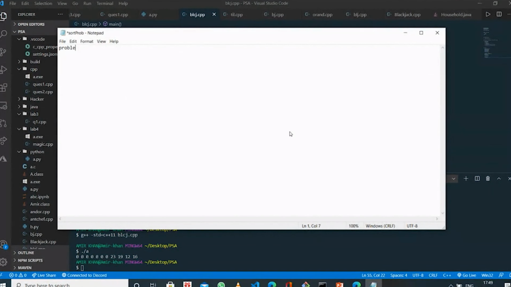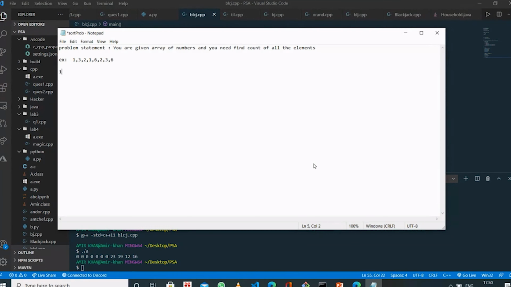The problem statement: you are given an array of numbers and you need to find the count of each number. For example, the output will be 1, 3, 2, 1, 6, 3.